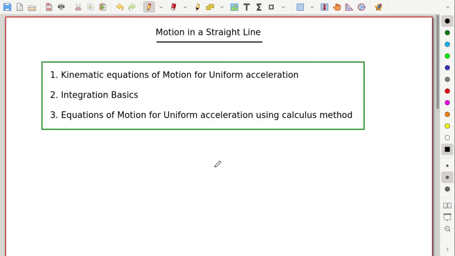Welcome back, students. So today we are continuing the second chapter, motion in a straight line. So இன்னைக்கு நம்ம பார்க்க போற டாபிக்ஸ் என்னதுன்னா kinematic equation of motion for uniform acceleration. Okay. So uniform acceleration னா constant acceleration அர்த்தம். Okay, constant acceleration. அப்புறம் in order to derive the same equation of motion using calculus method, அதுக்கு some integration basics